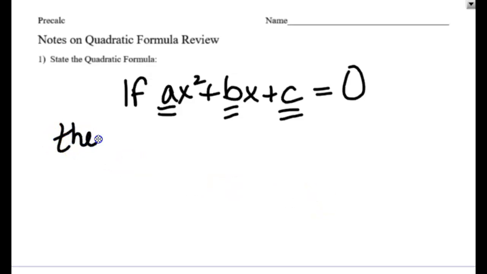Then you solve this. Someone can shut that door. That would be great. And you will find the value of x that works